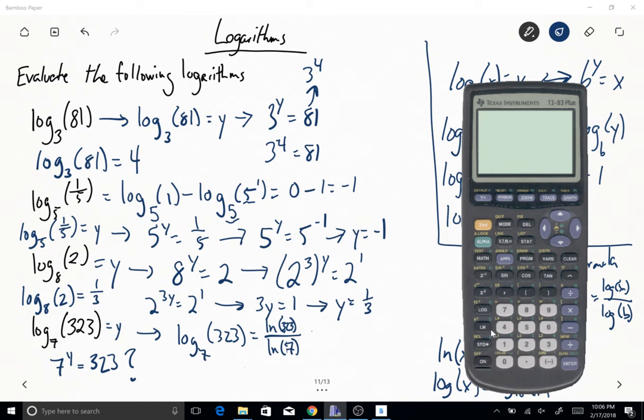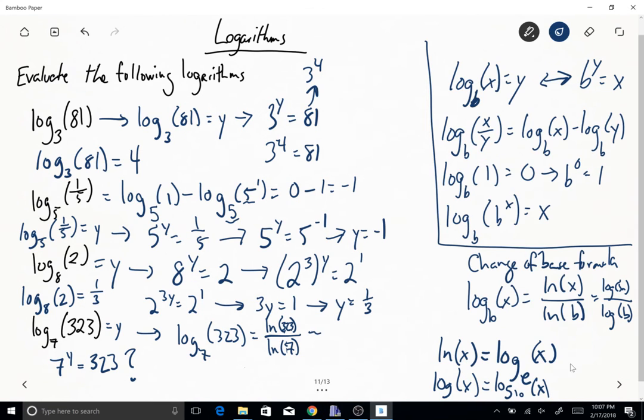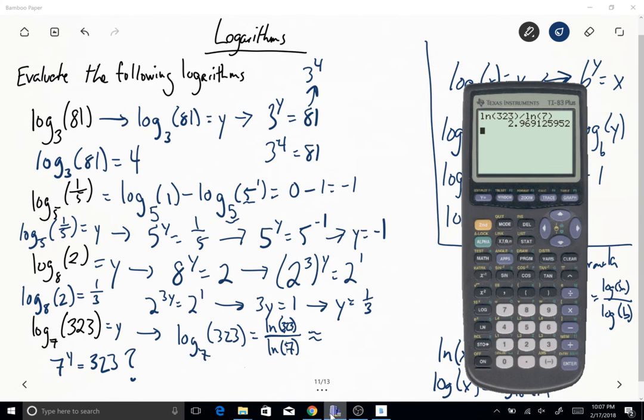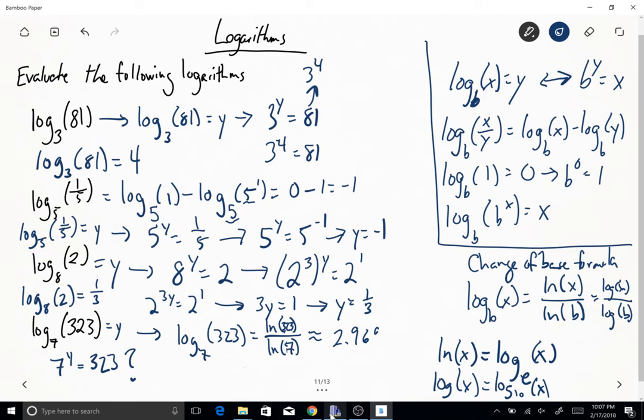So in this equation, we want natural log of 323, and then I just hit divided by natural log of 7, and I hit enter, and what do you know? We get some number that was real close to 3. Oh, well, holy mackerel. Disappeared on me. So we get 2 point, and I'll round it, we'll say 4 decimal places, 2.9691. And you could test it out with your own calculator, see what happens. So